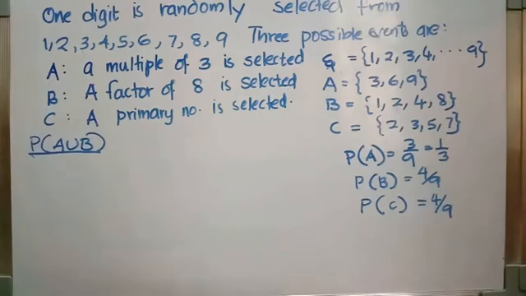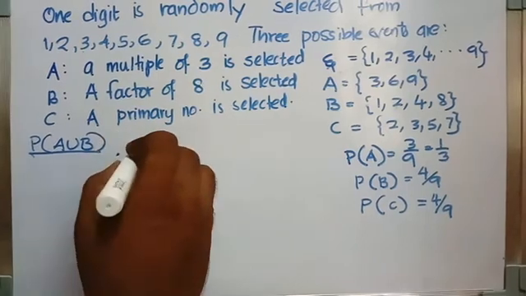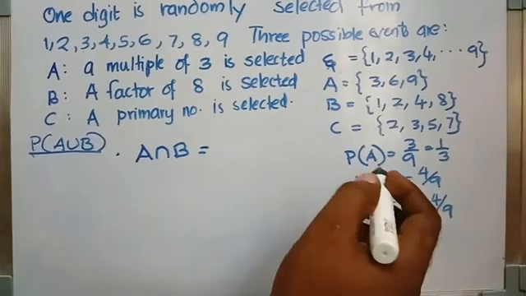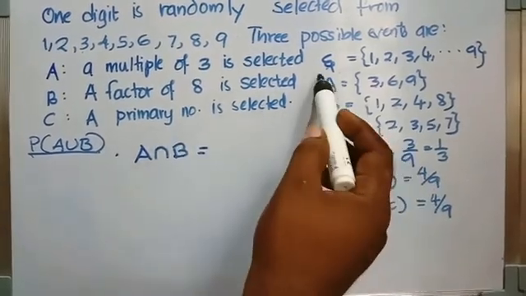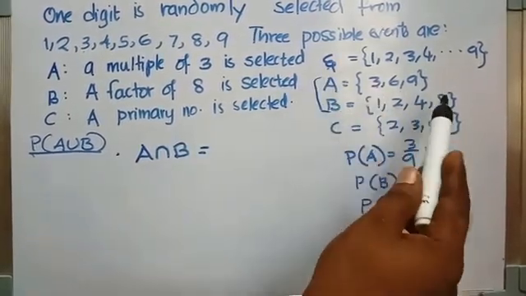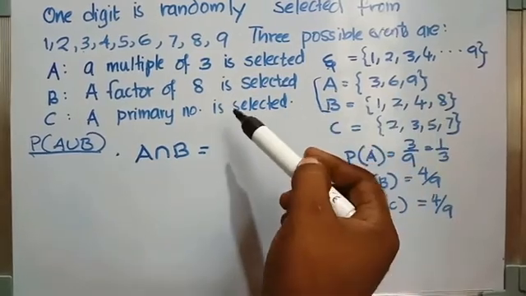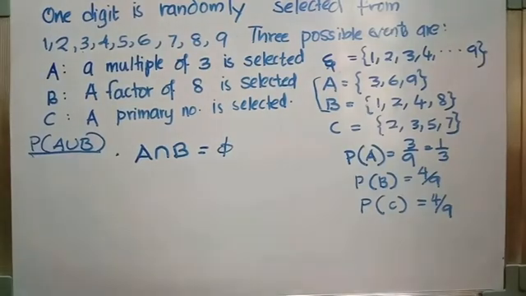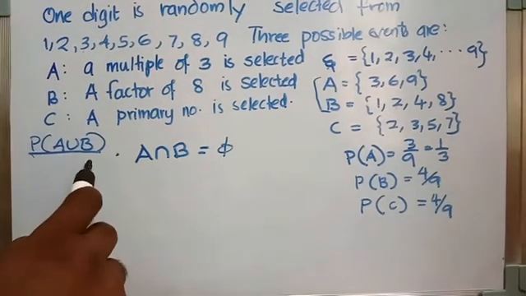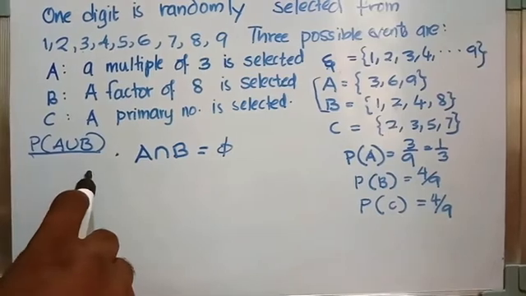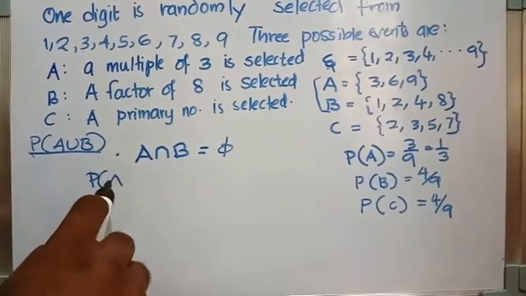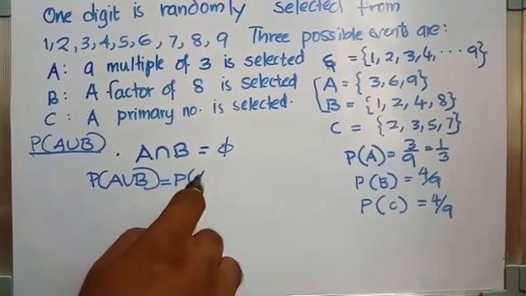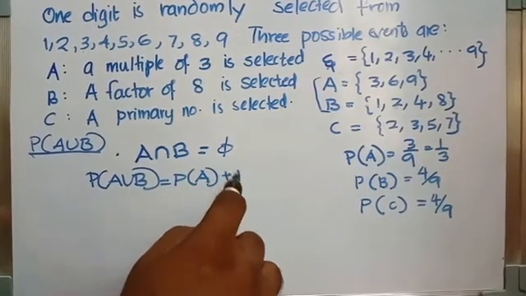To check whether they are mutually exclusive, we need to verify A intersection B. Do you find anything common in A and B? No. So A intersection B is null set. That means events A and B are mutually exclusive. So we can write probability of A union B as probability of A plus probability of B,